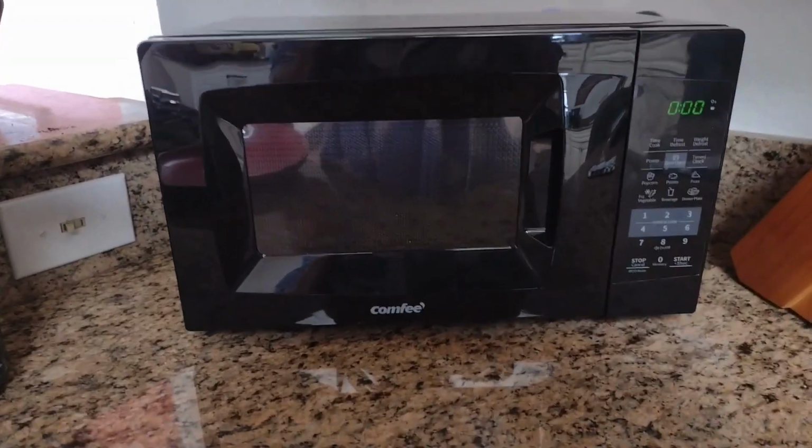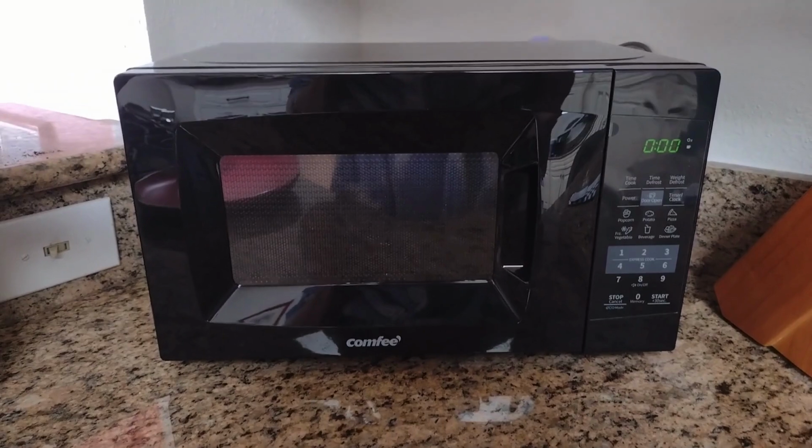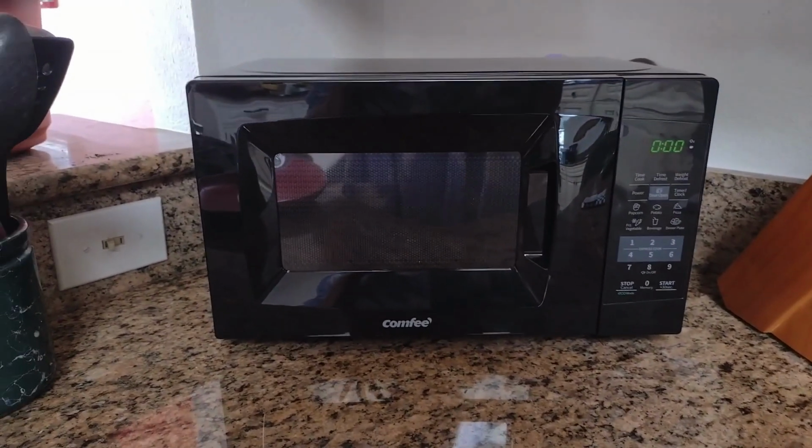Everyone, Tessa here. So I just want to let you know about this microwave oven. Just got it yesterday, and my first impression was that I just love how small it is, and it really